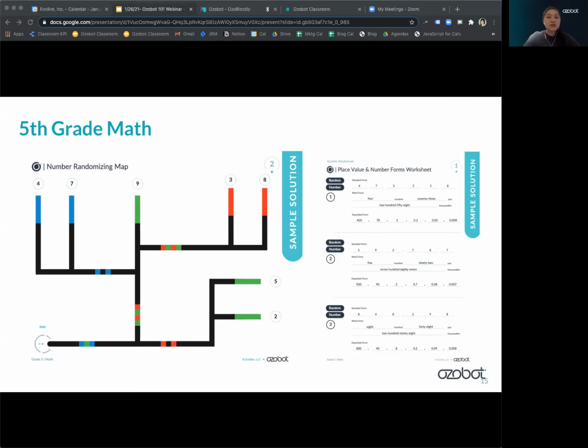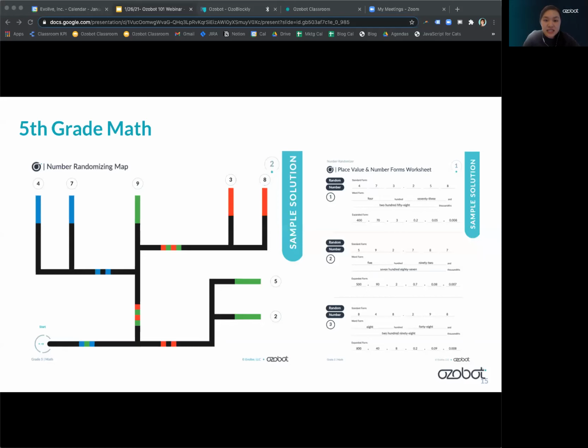The rest of these color codes are behavior color codes, so they just do fun things for the students to see and interact with. But the idea is that when the bot comes to an intersection, it will randomly choose which way to go, and eventually it will land on a segment where there's a number that corresponds with that segment.